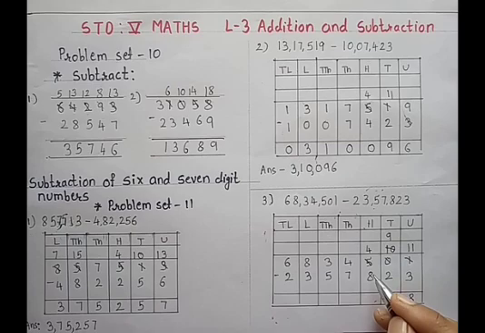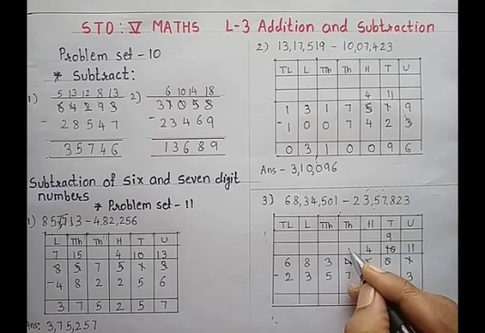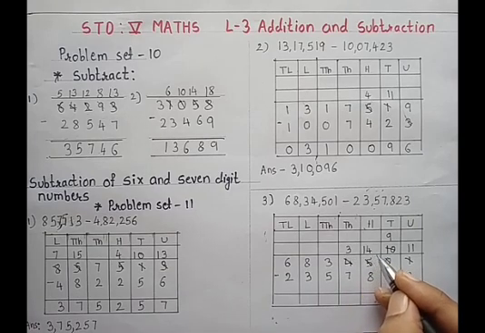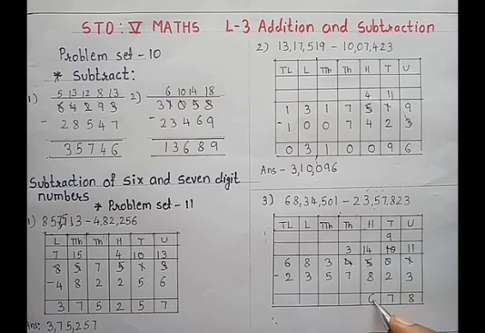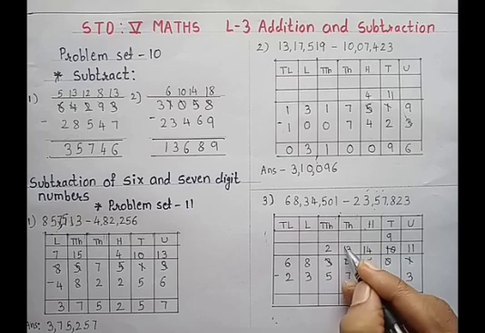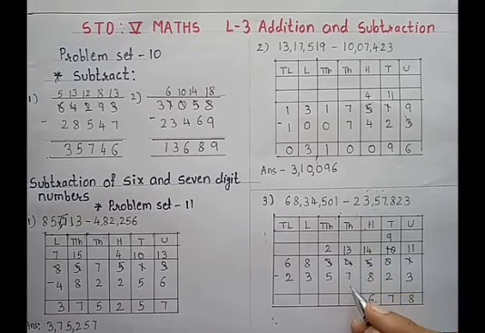Can we subtract 8 from 4? No. So go to the thousands place and borrow 1 from 4. Cut 1, write down 3, put 1, we get 14. 14 minus 8, 6. Now go to the thousands place. 3 minus 7. We cannot subtract 7 from 3. So borrow 1 from 3, the 10,000 column. Write down 2, put 1, we get 13. 13 minus 7, 6.